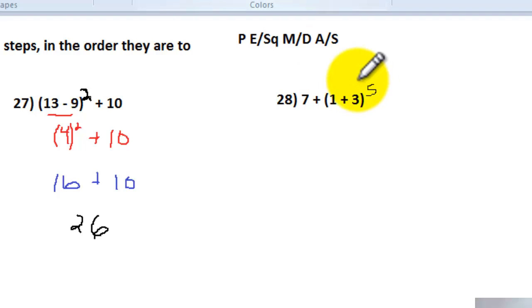Over here, number 28, again we have this 5 out here as an exponent, but we have to work what's in the parentheses first. So 3 plus 1 is 4, and I worked inside the parentheses, so now I write everything down that I have left. I still have the exponent left plus the 7. Now I look at this, it is addition and then an exponent, so we do the exponent first. 4 to the 5th power, I'm going to use the calculator on that,